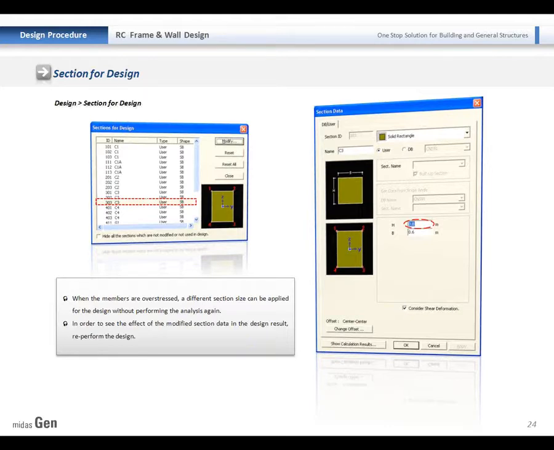Instead of going to the pre-processing before performing analysis, you can change the member size using the section for design feature. Then the program will redesign it to check if this changed section is satisfied or not. After you check it, you can change it in the pre-processing. So it will reduce your trial and error time for changing the member size.